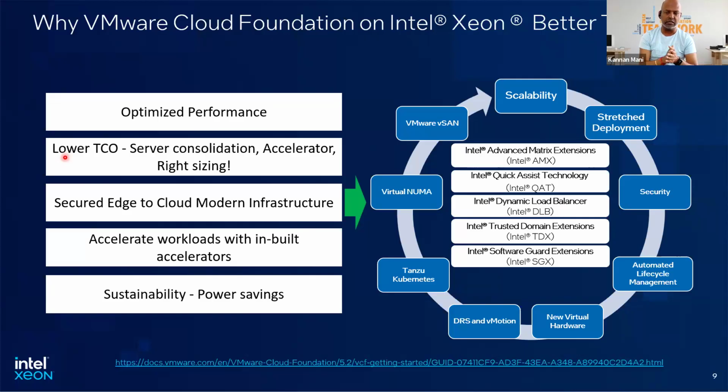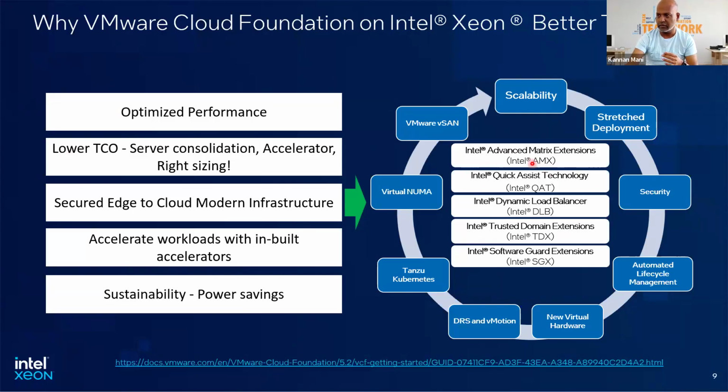The third thing is security. Security, as you know, is more important. We can secure either an edge deployment or cloud. I talked about all the clouds, so we can protect it. And the fourth thing is accelerating workloads, depending on your workloads and the